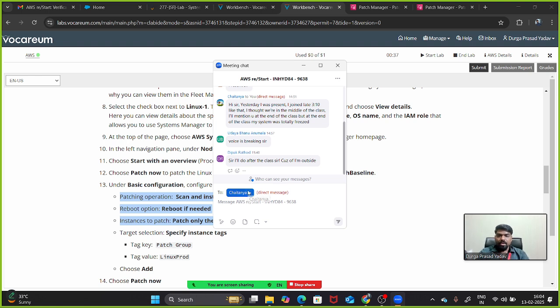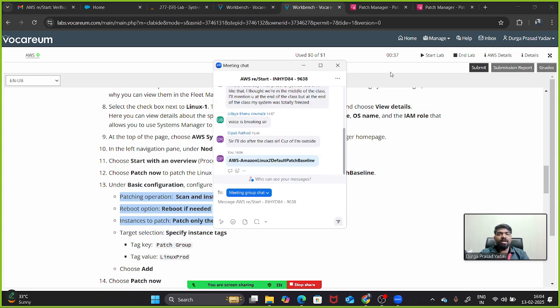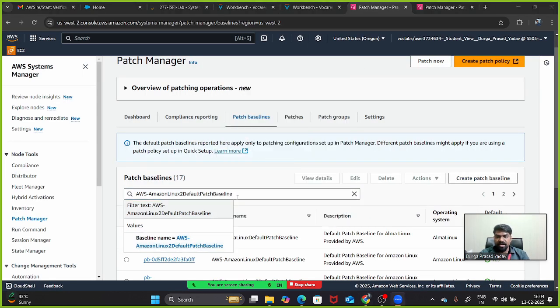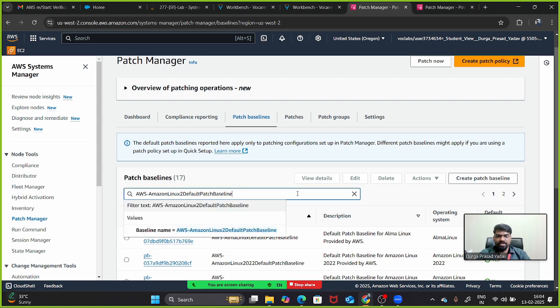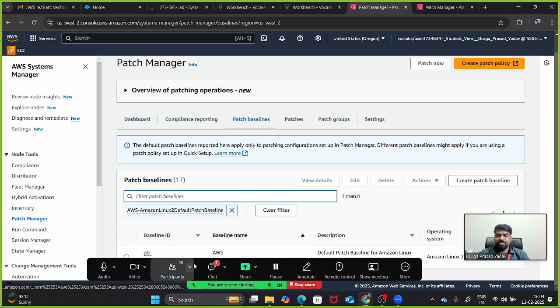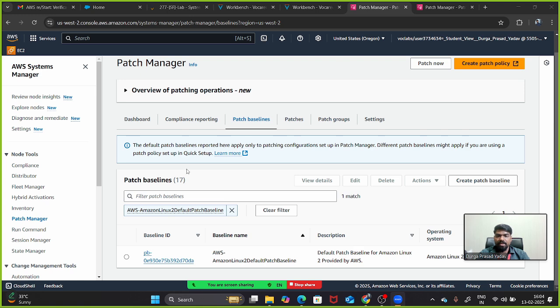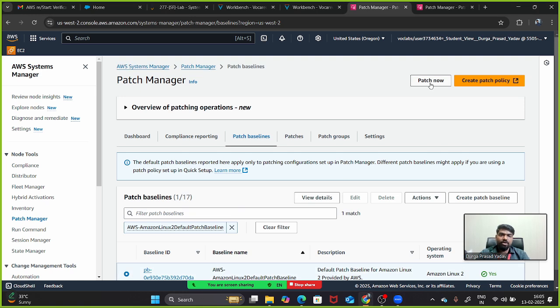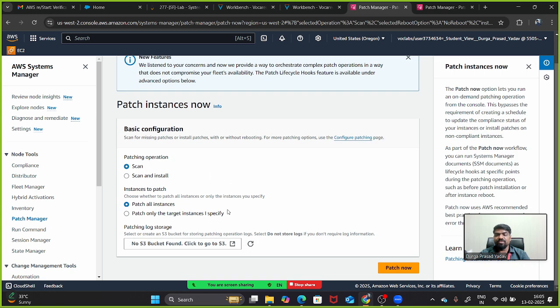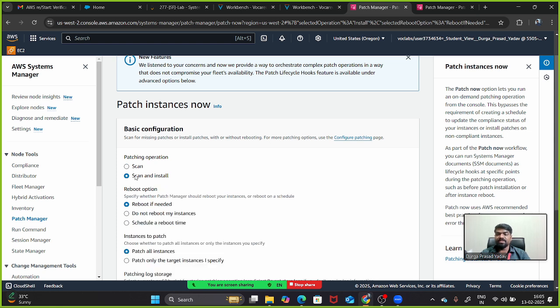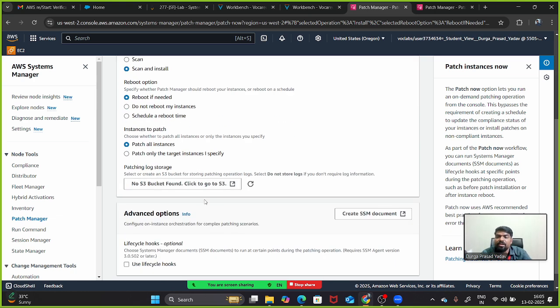Yeah. So it will come up there, and once it comes, you can select that and click on patch now. You can select the same one here. Let's say I'll search and select it, and then click on patch now. Then to which system we need to patch, and whether you need to only scan or also install. So we can keep scan and install. It will scan, and after that, if the patches are not there, it will install, and after that you can reboot if you want, or you can leave it as it is.